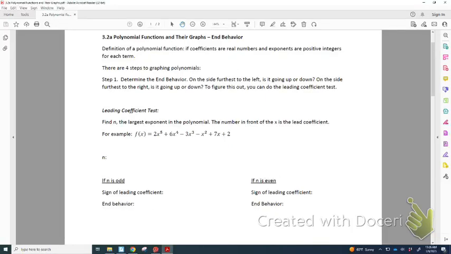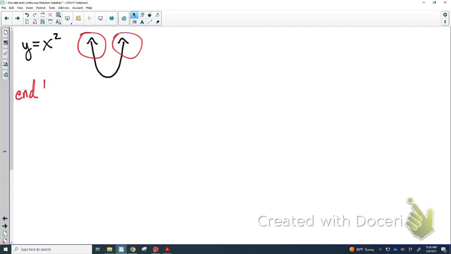In college algebra, day 1, back from the break, we talked about end behavior. By end behavior, I mean what is the graph doing on the left side and on the right side. For example, if we have this function right here, it looks like this. In terms of end behavior, I would say on the left side, it's going up. On the right side, it's going up. And that's all. Whenever I'm looking at the end behavior, if that's the question, then the answer would be